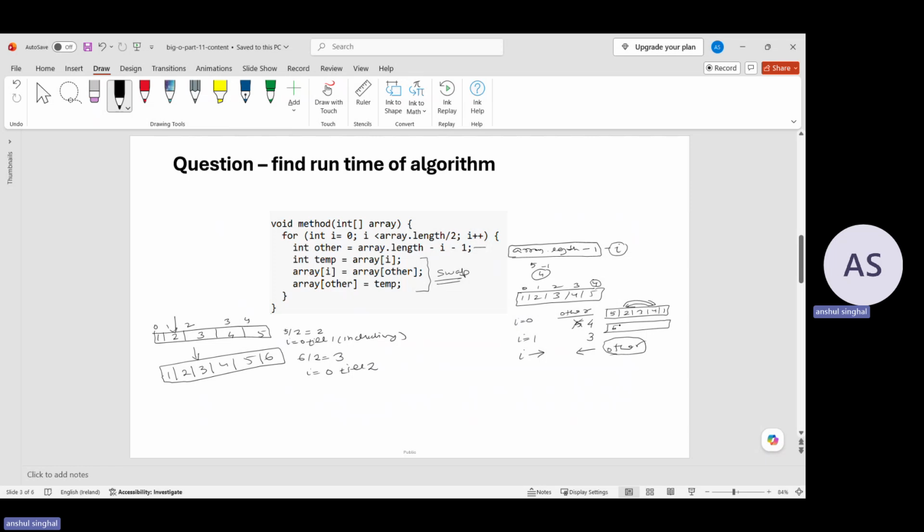So it will be 5, 4, 3, 2, 1. And we know that I will just go for 0 and 1 in the first example, right? So ultimately my array has changed from 1, 2, 3, 4, 5 to 5, 4, 3, 2, 1, right? So basically,